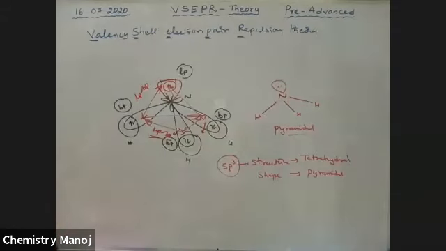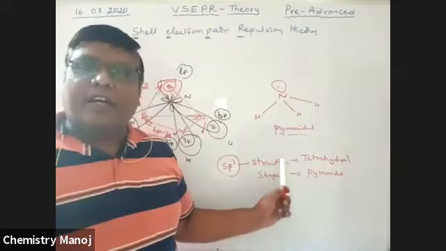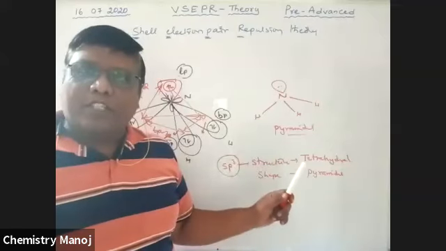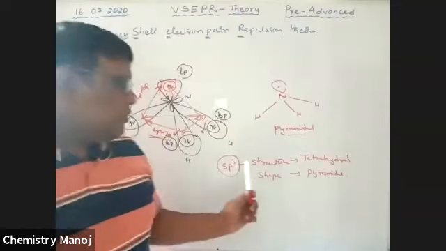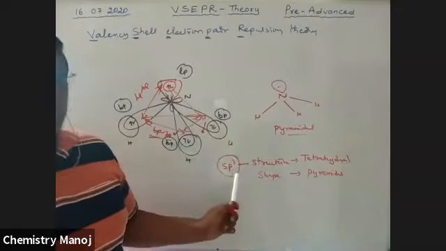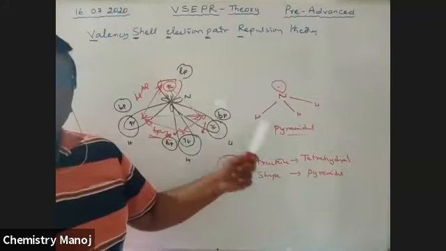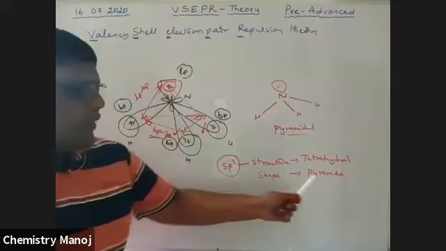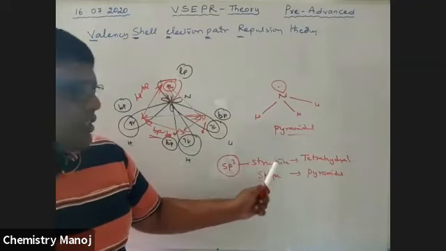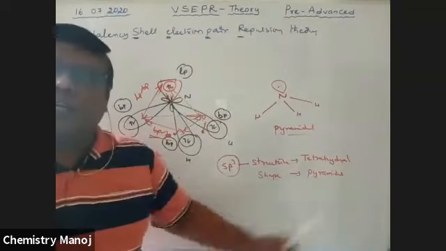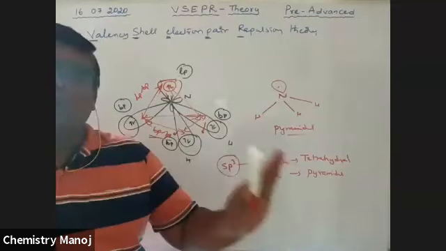See, my dear boys, structure and shape are different. Structure means the expected structure with respect to hybridization. So for the NH3 molecule, with sp3 hybridization, we expected a tetrahedral structure, but because of the deviation, the finally stable one is called the shape. Therefore, in ammonia, the structure is tetrahedral, the shape is pyramidal, and the hybridization is sp3. So structure and shape are not the same.